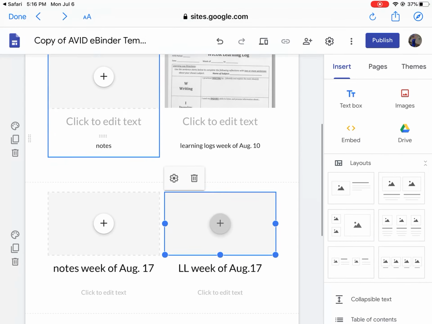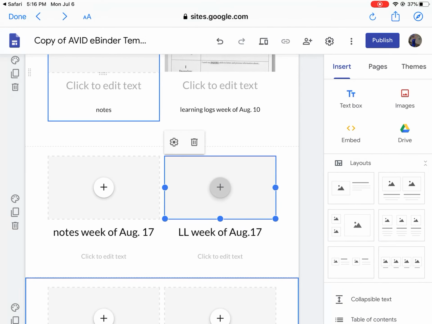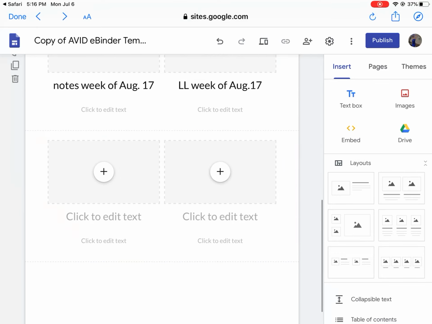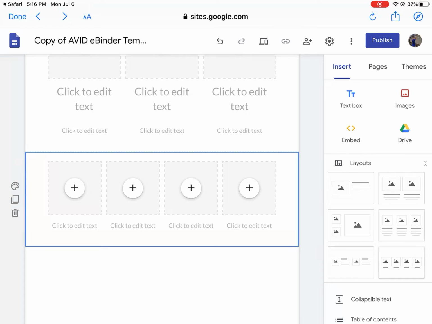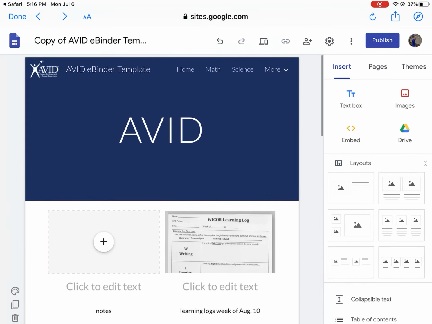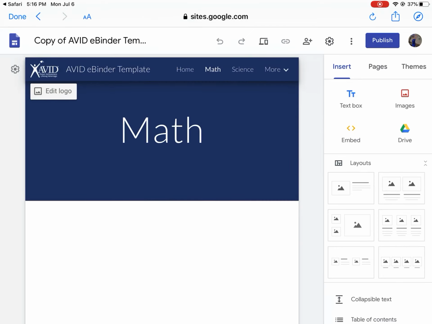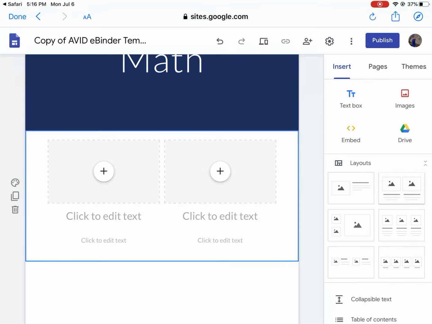So all your notes or handouts or anything you do in class can go in one box. If you'd rather do this one that has 3 sections, maybe you want to do more, or this next one has 4 sections to put stuff in, you can do that. Okay, so that's for Avid class. And then let's say you want to do math class, you just do the same thing. You add the layout, and you can do your notes and learning logs that way. All right, so I hope that made sense, and we'll work on it in class, and hopefully it all